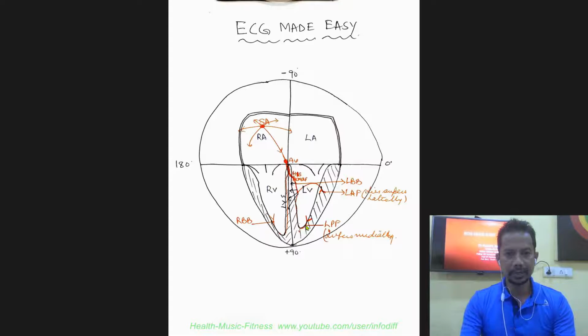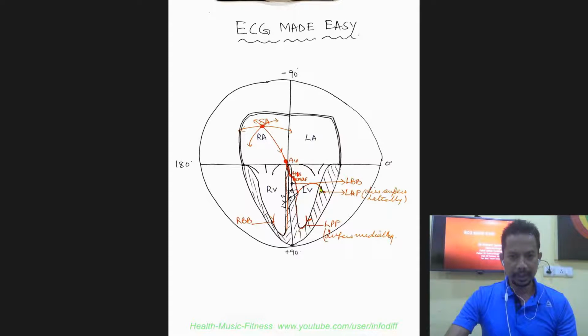The left atrium and the right atrium are very thin structures, because they have to just pump blood into the ventricles, and the impulse travels across the surface of the atria. This is a major difference. In the ventricles, the conduction is transmural, from within to outwards. That is one difference.